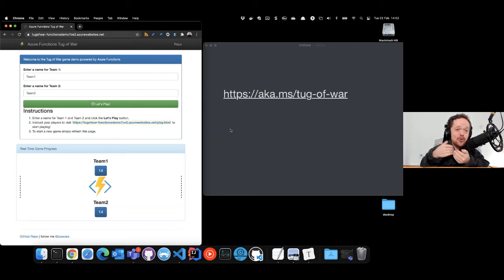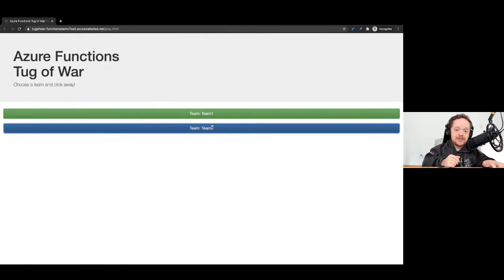We're going to do a tug of war because I'm going to teach you storage and functions in a couple of minutes, and then we're going to go through DevOps and teach you app services, containers, and also a few other resources. So go to aka.ms/tug-of-war and start clicking. You'll get a nice little button there. I would be clicking team 2, and if you are A to L, then you can click team 1.